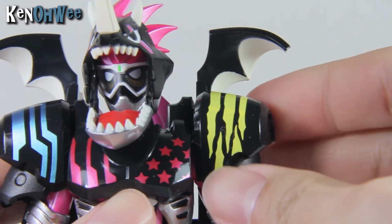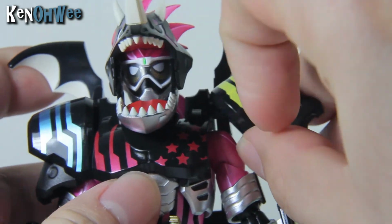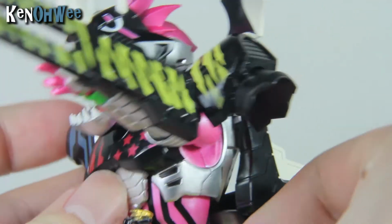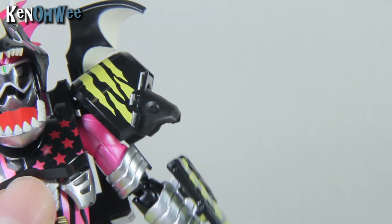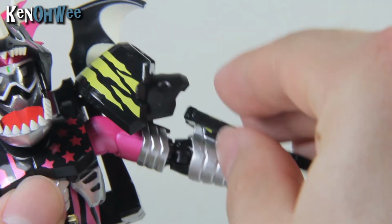His shoulder armor is connected on a joint to the body armor, so he can move around. However, due to the bulk, it prevents the arm from going 360, so it goes forward to that extent. There's another movable flap in the shoulder armor which allows the arm to extend outwards that far. You'd have to tuck the shoulder armor inwards to move his arm outwards further, if not it'll be hindered by